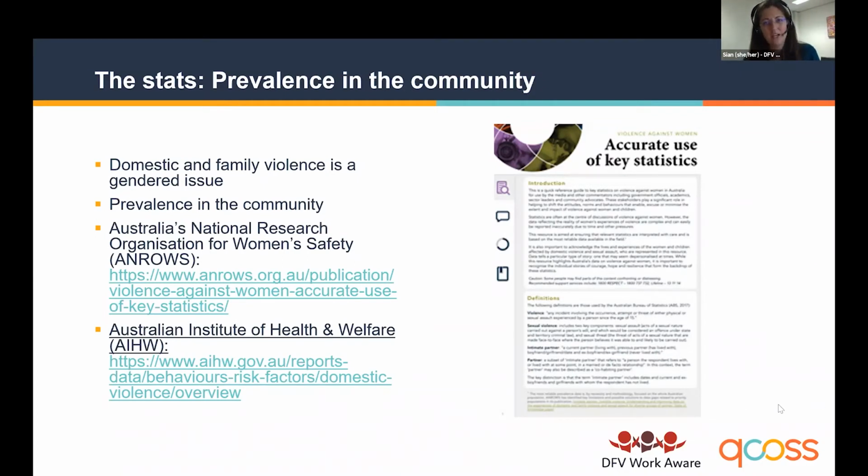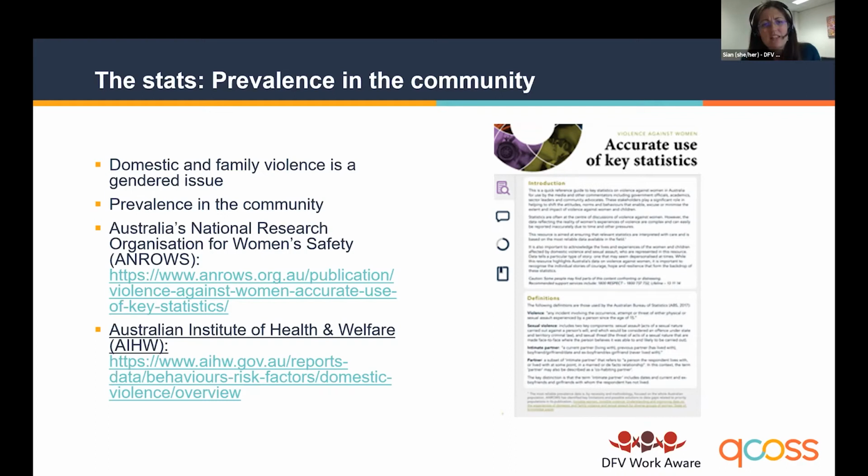So you can imagine a young person whose parents aren't accepting of them, who perpetrate violence against them, may kick them out of home. That's an example of domestic and family violence. What's really great is there's some emerging community-led research about domestic and family violence within LGBTQIA+ communities. So watch this space because more and more information is becoming available here.